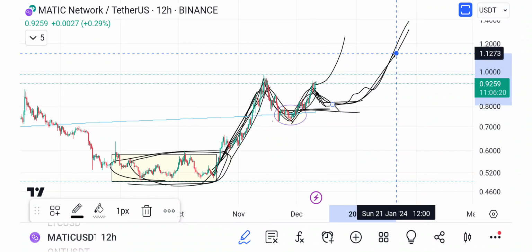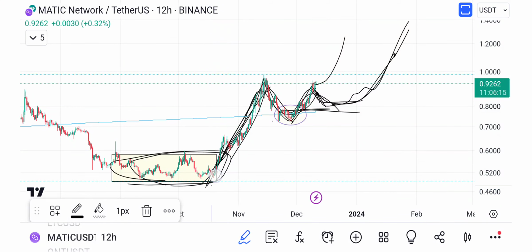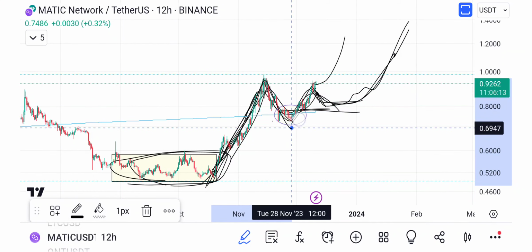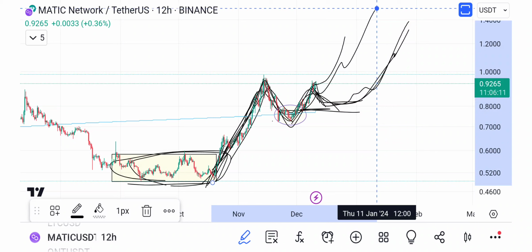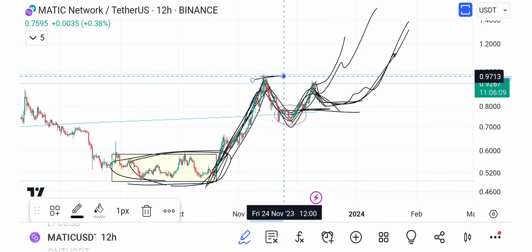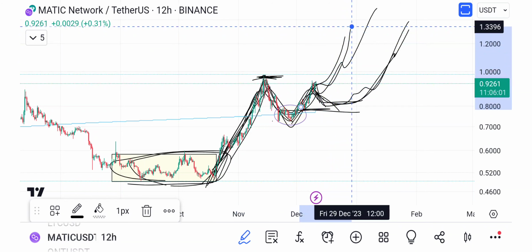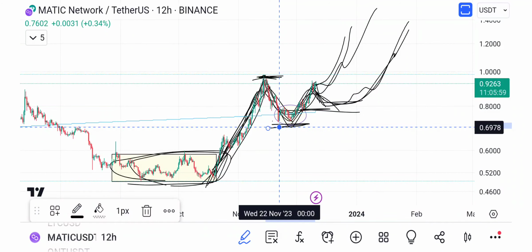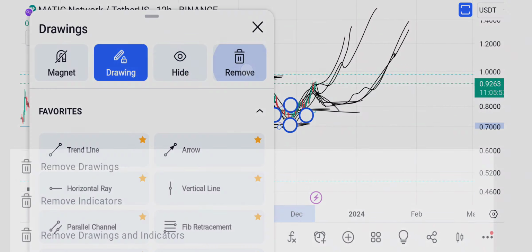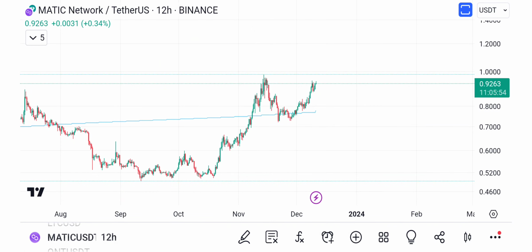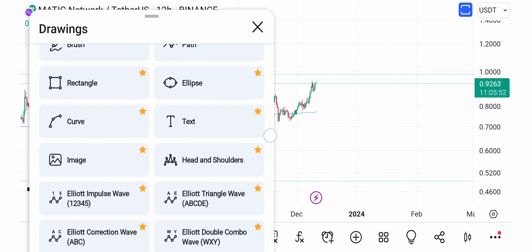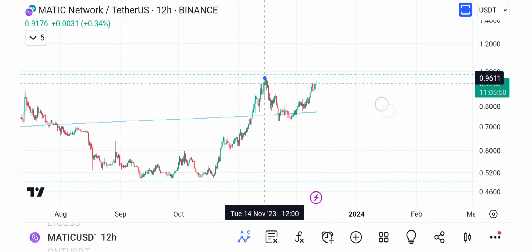Or option number two, right? Same kind of thing. This is like a 1 and 2, and now we're in the process of wave 3, and we're ready to break this high. So look for this high to be broken, and yeah, we'll start kicking off wave 3. Now, if this low gets broken, we'll talk about that. So, and that would be nothing to worry about, because all that would be, in my opinion, would be an